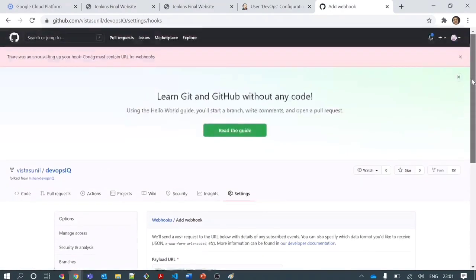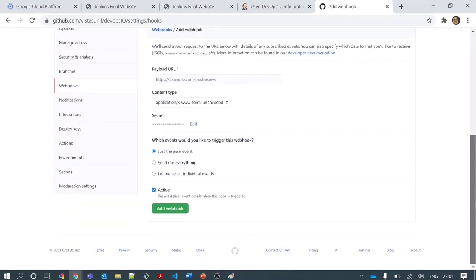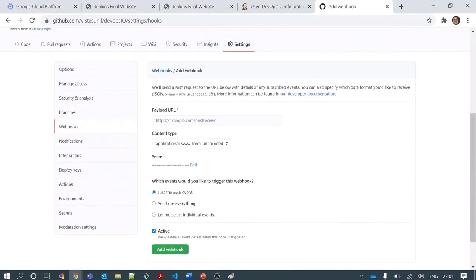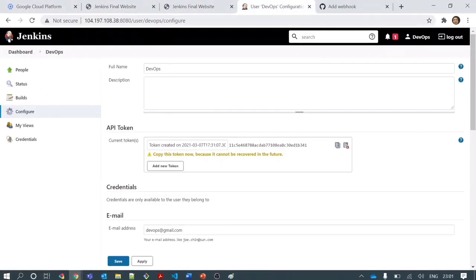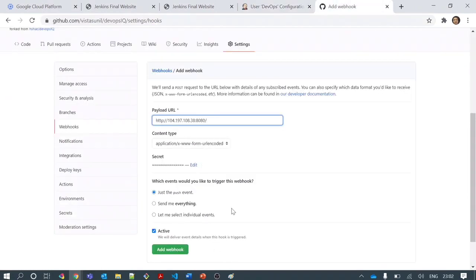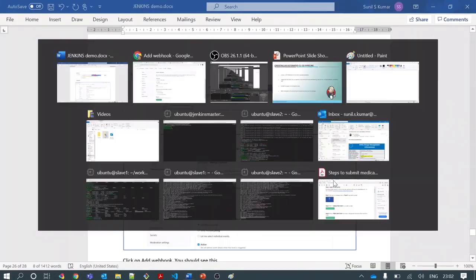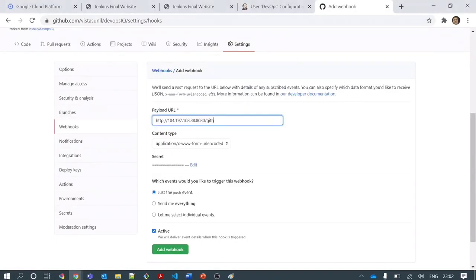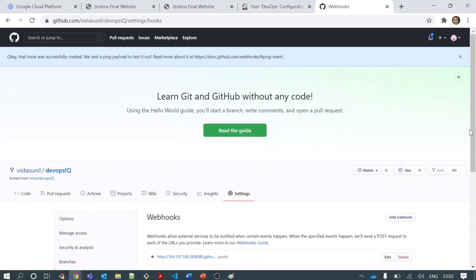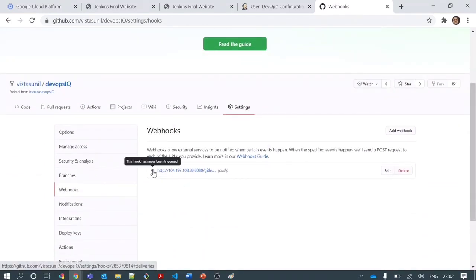Now it will, what is the error here? Oh sorry, I forgot to mention the URL of my Jenkins. So let me add this URL as well. This is my Jenkins URL and I can add it here. The rest needs to be the same, and there is no additional setting needed, right? This GitHub-webhook, let's add it and see if this is successful.